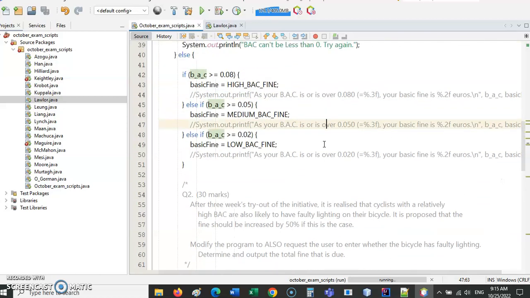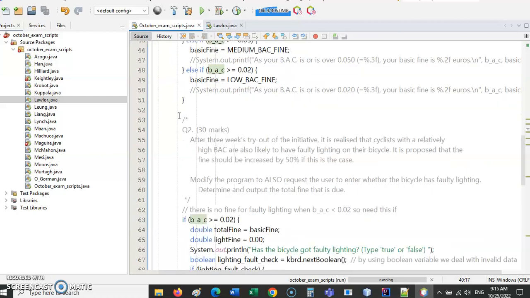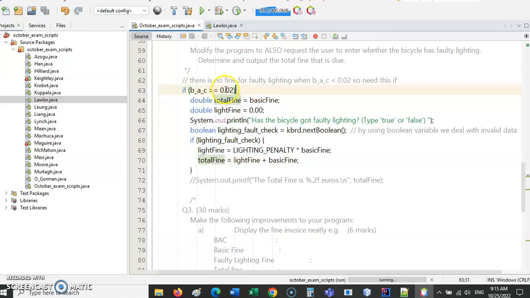Okay, so notice where I am now. I'm inside the BAC being 0 or more. And then applying the lighting fine, that is only going to happen if the BAC is 0.02 or more. Okay, here is my next Boolean this time, for lighting fault check. And by using a Boolean variable, we're dealing with invalid data automatically, because we can only type in true or false here. And then if true,